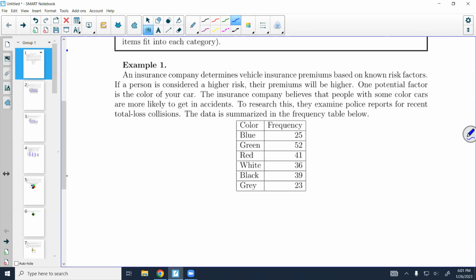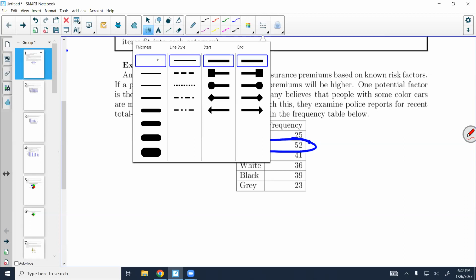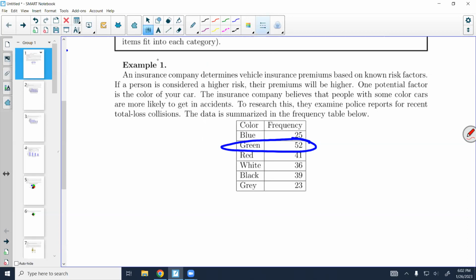Now, the data they're using here is real data. It's not just made up. So it's kind of interesting that you would think black would be the worst one. Or red, yeah. Well, depends on what kind of accidents we're talking about. The interesting thing here is green. Green is the worst. Seems surprising, but